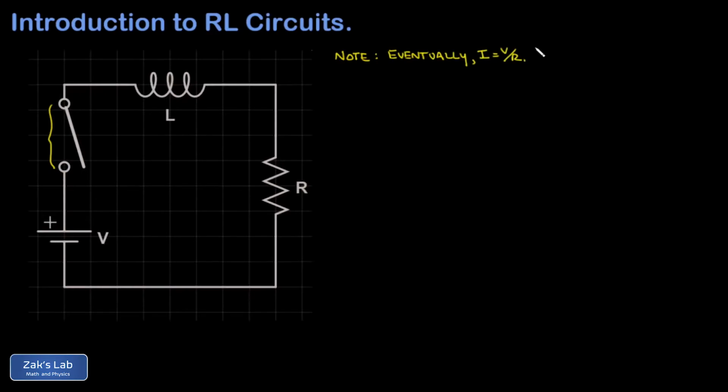In other words, when the current levels off, the inductor isn't doing anything. And we're going to come back and check that once we figure out what our current is as a function of time, and we're going to make sure that our function is behaving correctly. Now to get into the derivation, the simplest way to think about it is to just look at the voltage